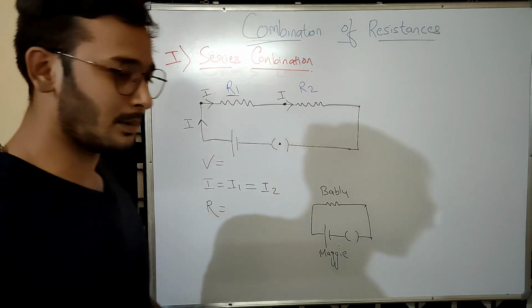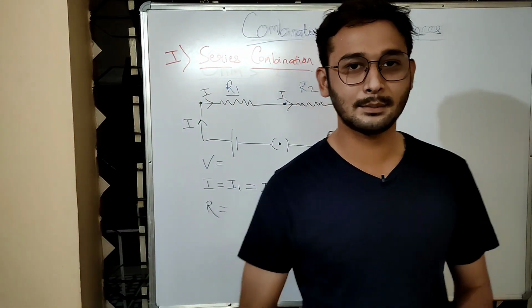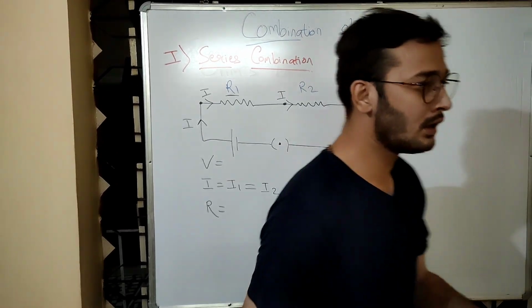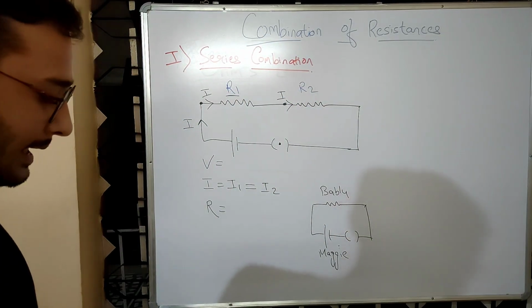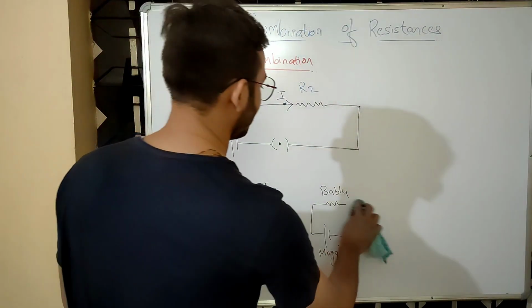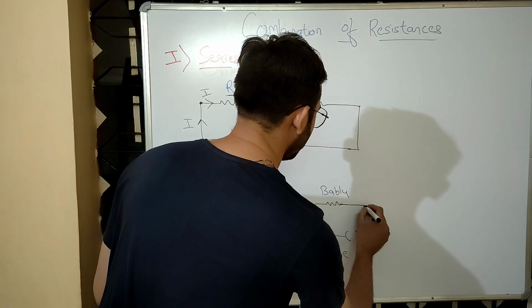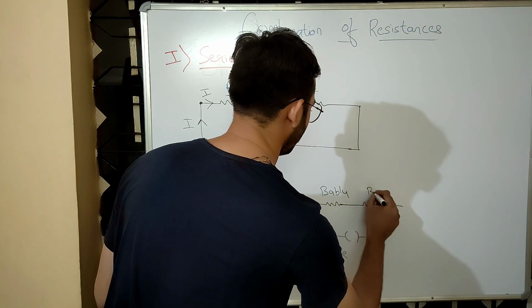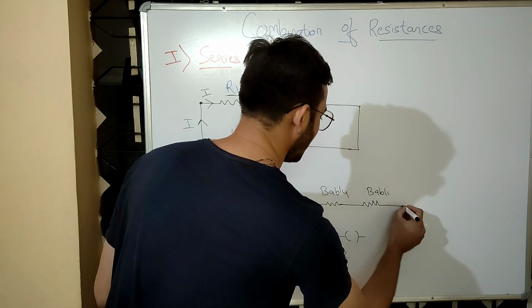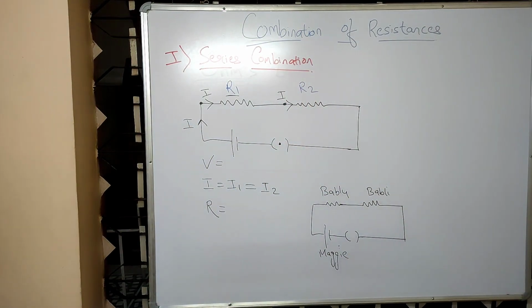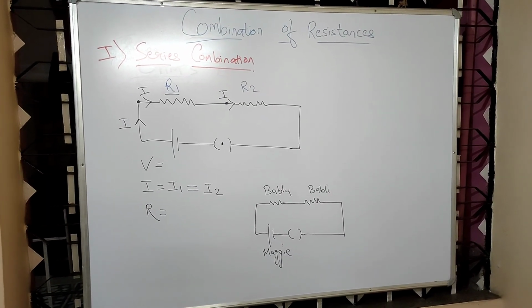Now Bablu was living his life happily with his Maggie. Every day he eats one packet Maggie, right? Now what happens one day? Bablu's sister Bubbly comes in his house. So Bablu था, साथ में Bubbly आ गई. Now what do you think will happen? मैगी का पैकेट एक, आदमी दो, मीन्स लोग दो, बबलू और बबली. तो बड़ी नाइंसाफी हो गई.